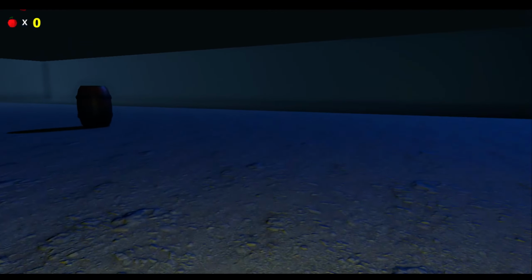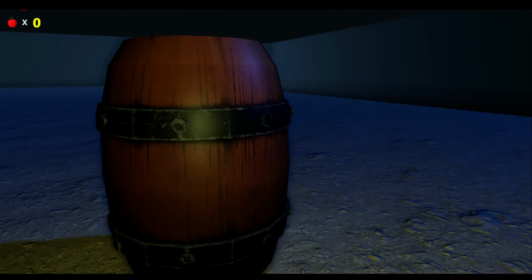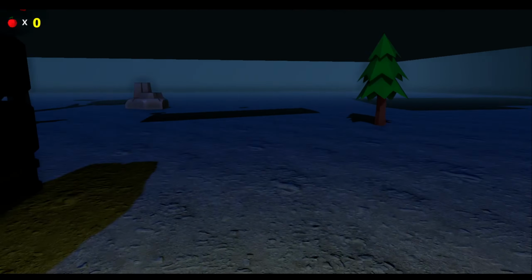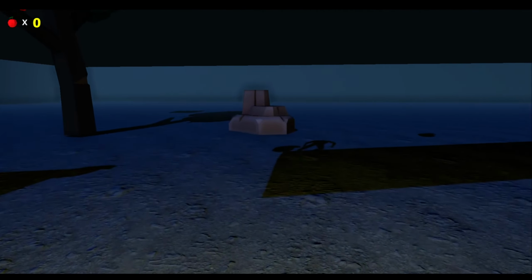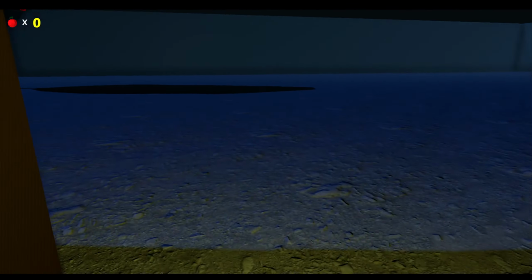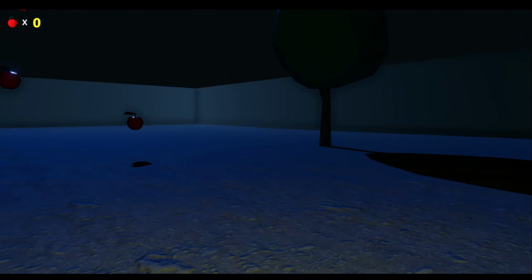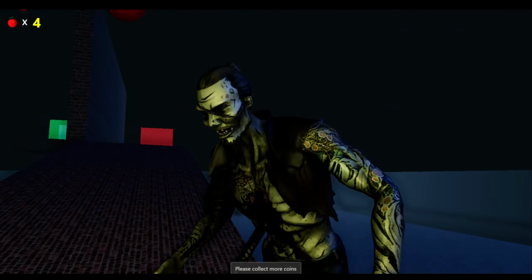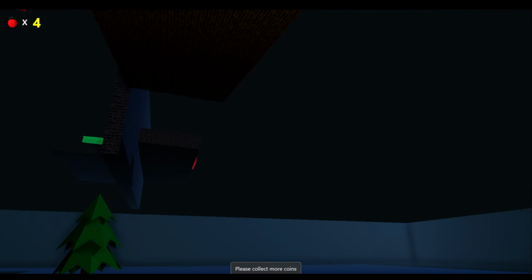We're going to add that. So now you can see the light has been added. This way you can make a horror game.